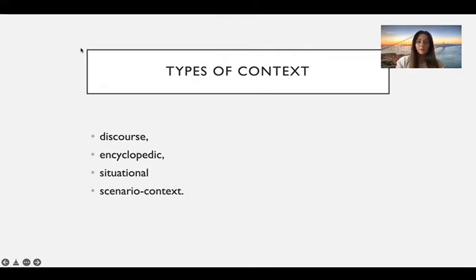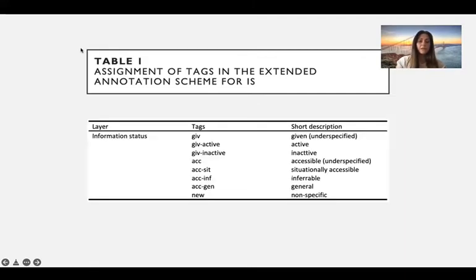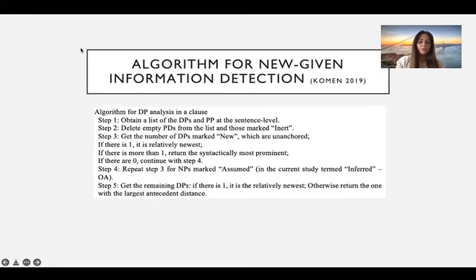The core idea of the framework is to track whether the DP is a new discourse referent or not. Each discourse referent is tagged on the given-new plane, taking into account the extended annotation scheme, table 1. Labeling all the relevant constituents for information status presupposes employing coreference resolution, which shows whether the DP refers back to another element. The computer software CESAX enables us to resolve coreference